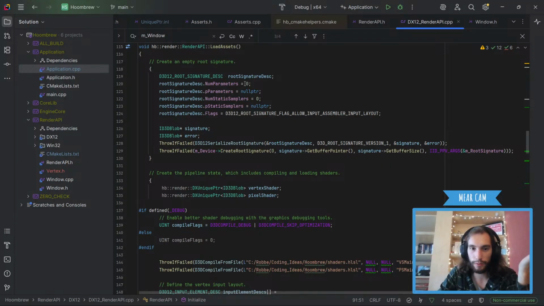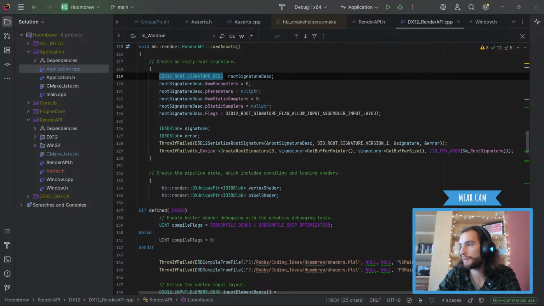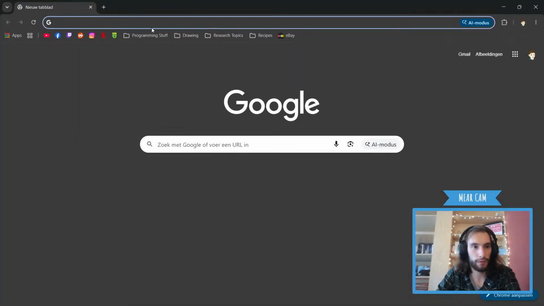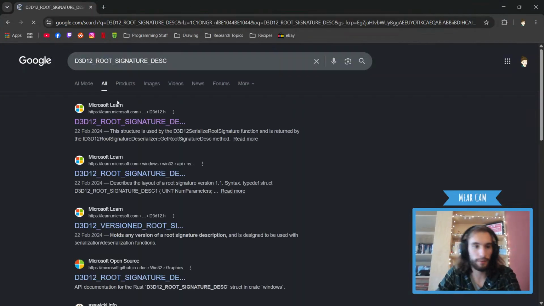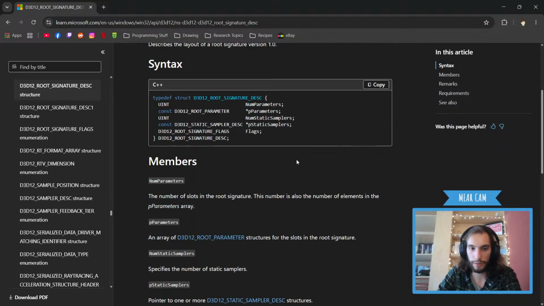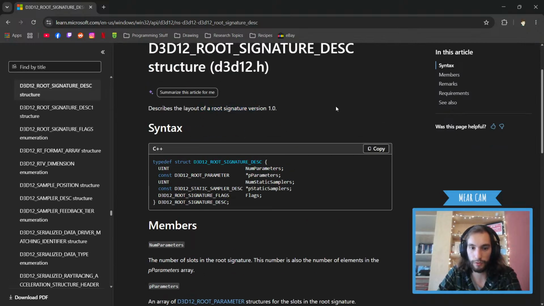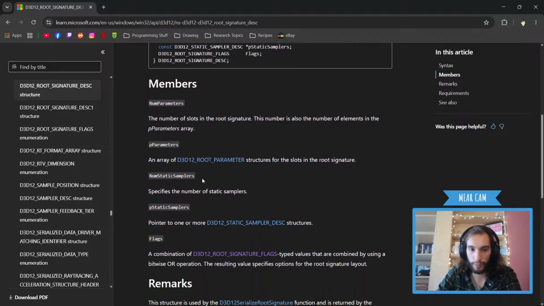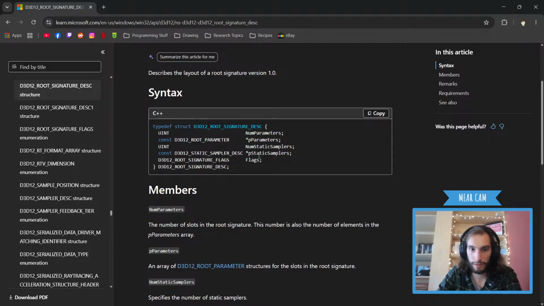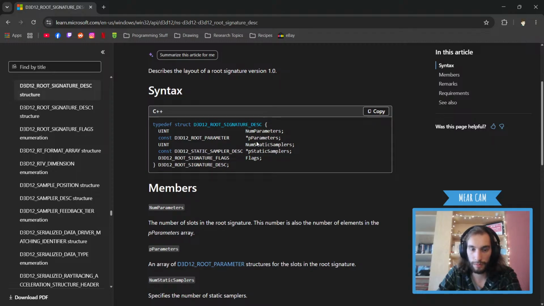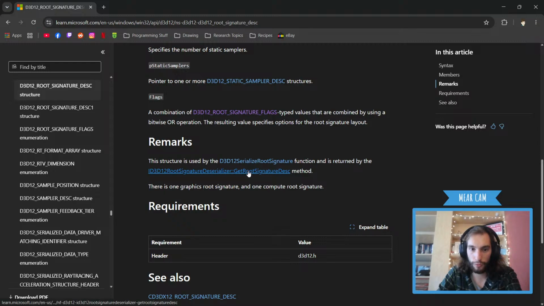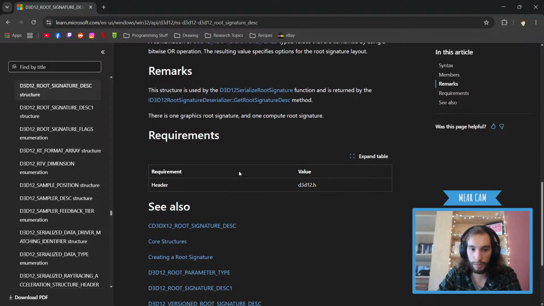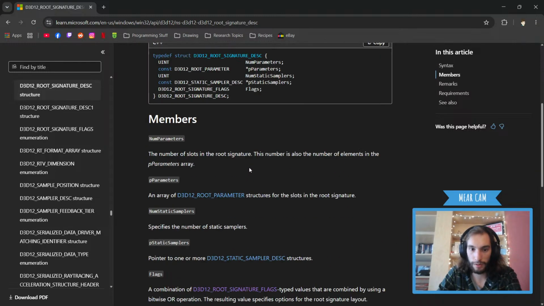Root signature, I don't really know why we use it. So actually, let's find our empty Chrome tab. Let's do that. And then this describes the layout of a root signature. What is a root signature? So it will create. Where's the out? It will. It's used to create one, right?